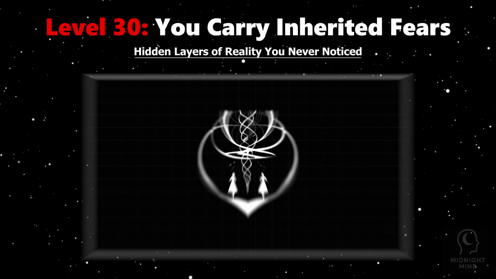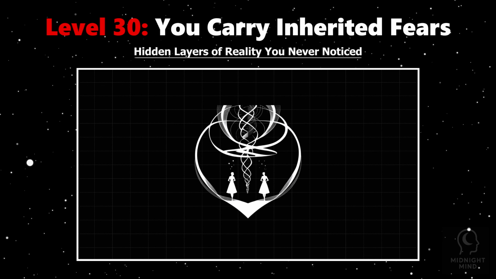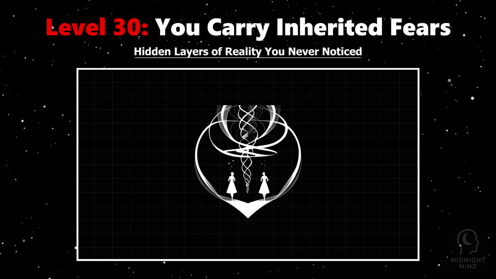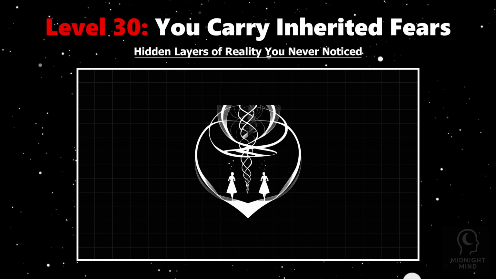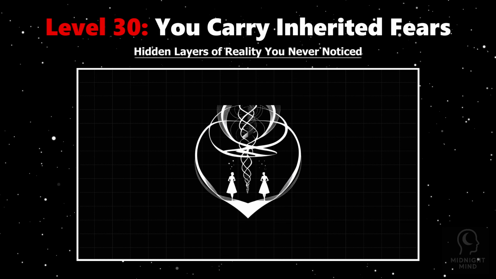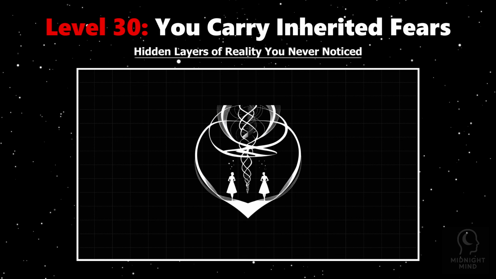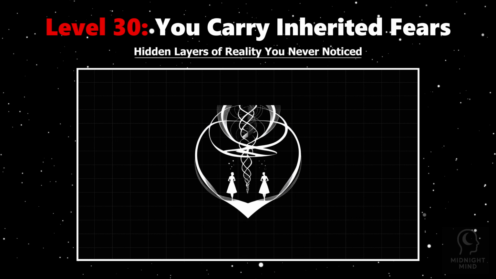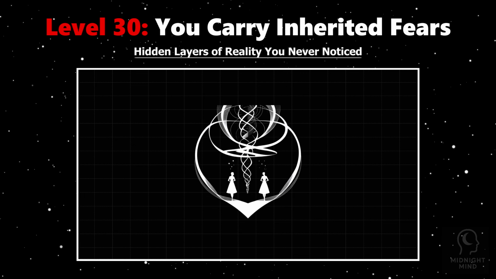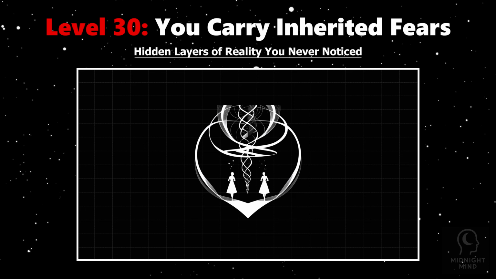Imagine feeling fear that isn't truly yours, but a legacy passed down through generations, encoded not in stories, but deep within your biology. Science reveals that trauma and fear experienced by your ancestors can leave marks on your DNA through a process called epigenetic inheritance. These biological signals alter how certain genes express themselves, tuning your stress responses to dangers long before your birth. For instance, studies on descendants of survivors from extreme trauma, like famine or war, show heightened anxiety and sensitivity to stress, even without direct exposure.